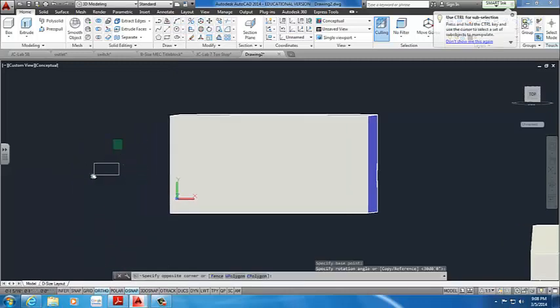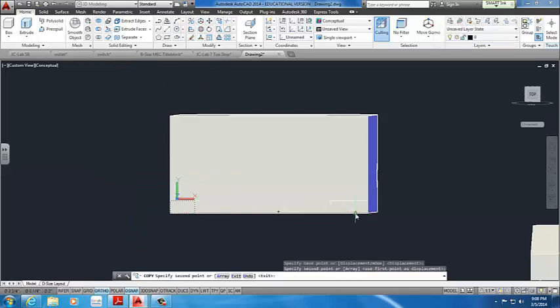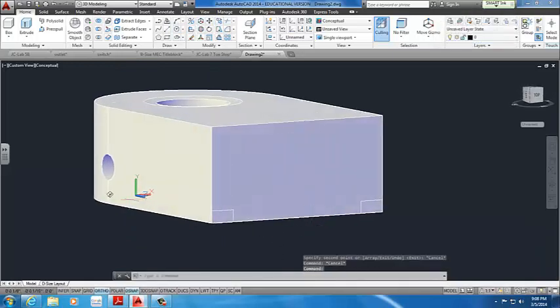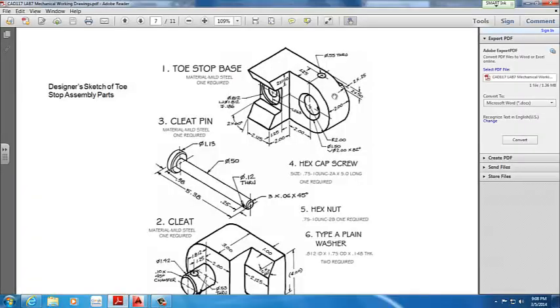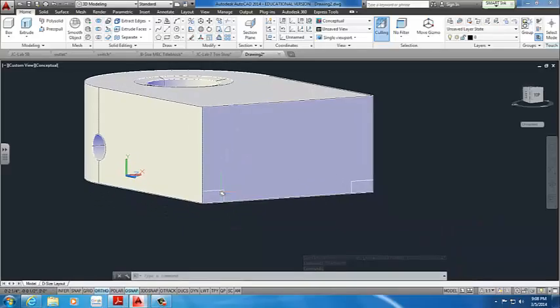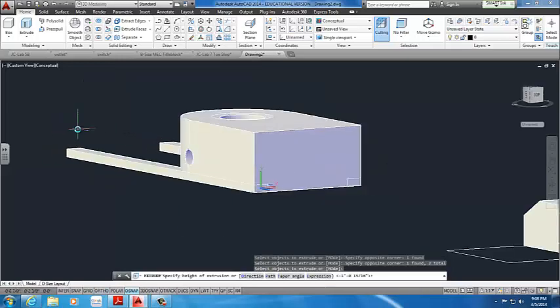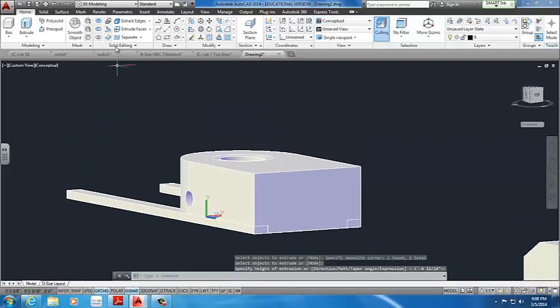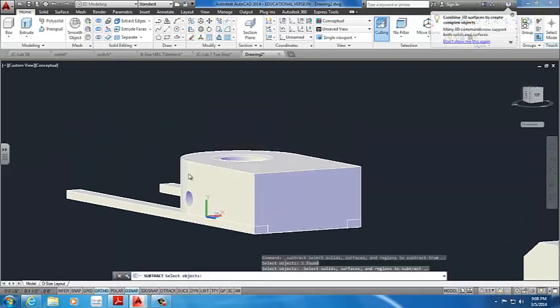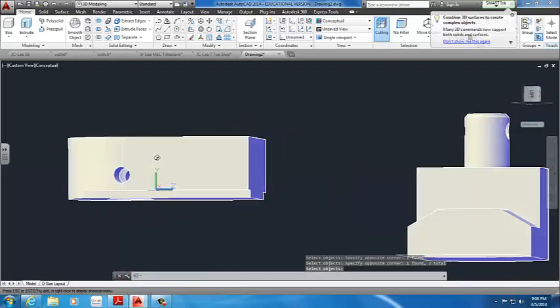At this point, we're going to move this square at the corner and make a copy of it to the other corner, like so. And we're going to extrude them out to subtract. I think that goes all the way through. Yes, it does. So we go back to this, we go to extrude, and we actually extrude both of them. Save us some time. We extrude them out completely. We use the subtract command. At this point, we use 2 objects to subtract, and we subtract it out. We end up with something like this,